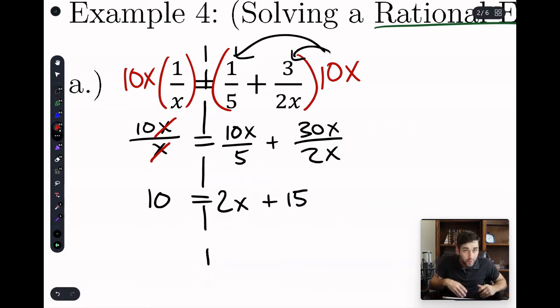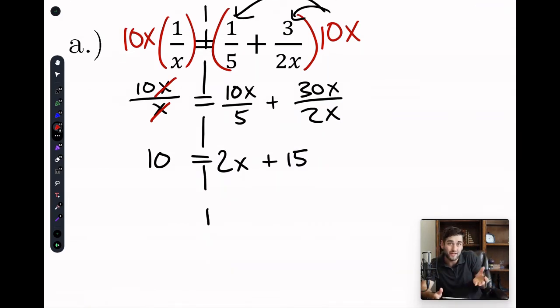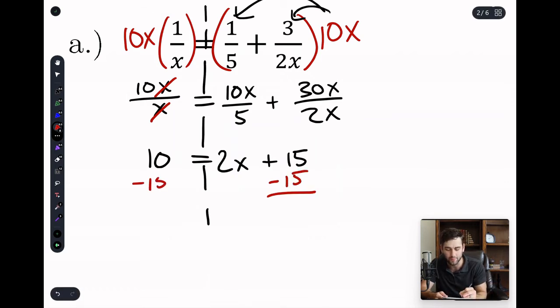Now, if you want to move the x's to the left every single time because that's what you want to do, it's all you. But if you don't want to do that and you say, look, the x's are already by themselves, I'm just going to move that 15 over, that's okay too. So what I would do then for my add or subtract step is subtract this 15. So I don't have to move 2 things. Now I only have to move 1 thing.